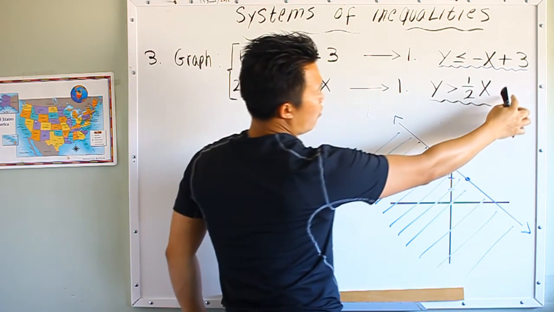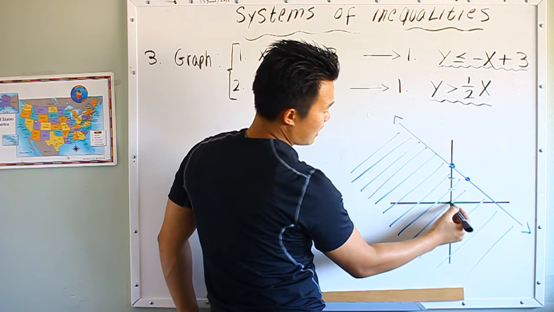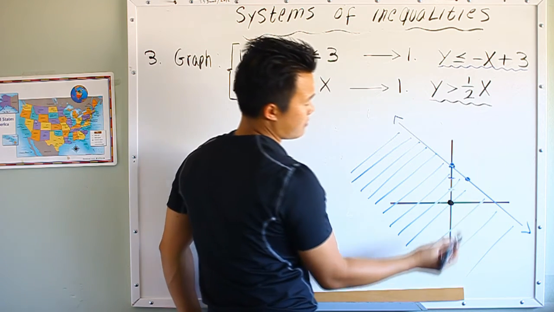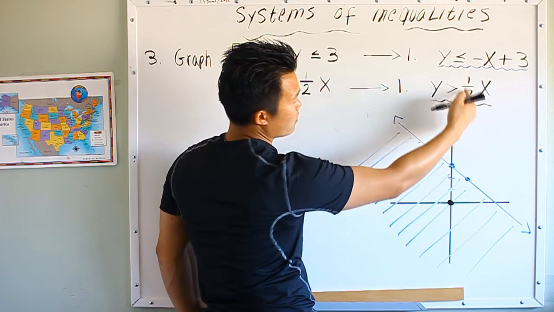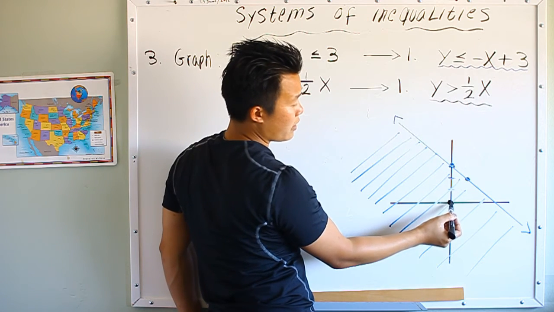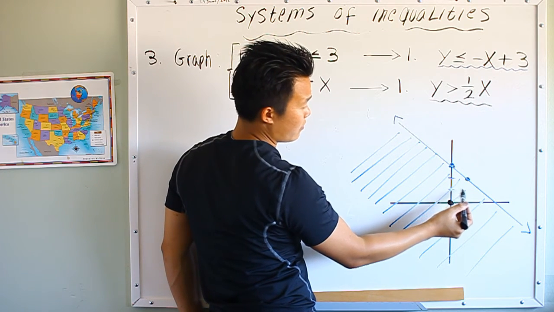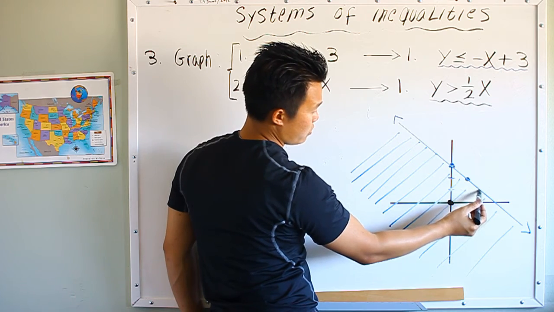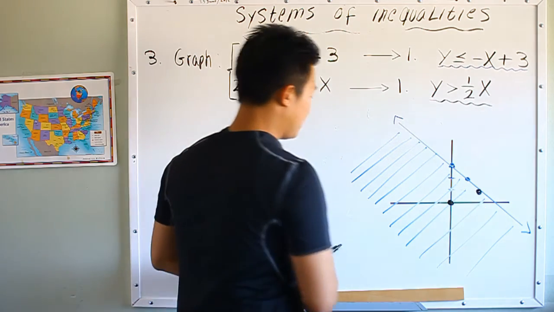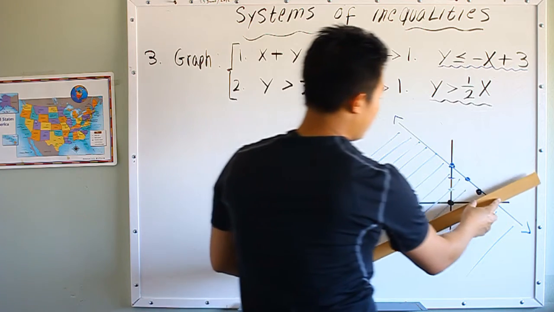Notice that there is no y-intercept, which means that the y-intercept is 0. The slope is 1 over 2. So starting here, I'm going to rise 1 and then run 2. So 1, 2. Okay, and that's my other point. I'm going to go ahead and connect these 2 points